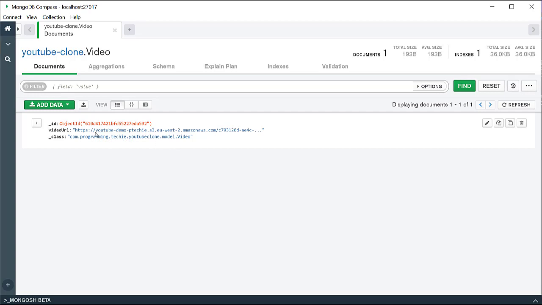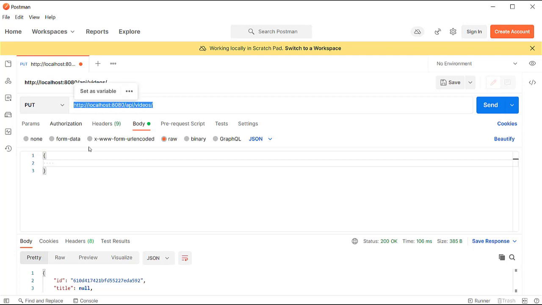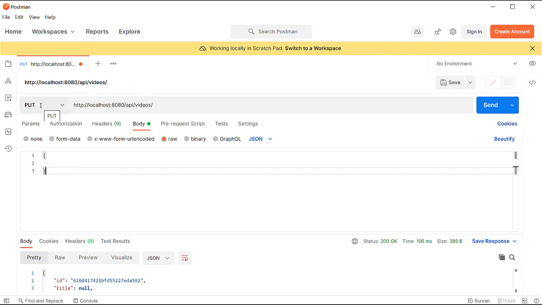So you can see the ID is in the form of an object ID notation. So let's copy this ID because we need to provide this as a request to be able to identify the video and update the metadata. So just copy this video ID, and now I'm going to open Postman client so that I can make some REST calls. So I have added the URL as http localhost 8080/API/videos, which is the request mapping of the video controller class, and the HTTP method I have selected as put,